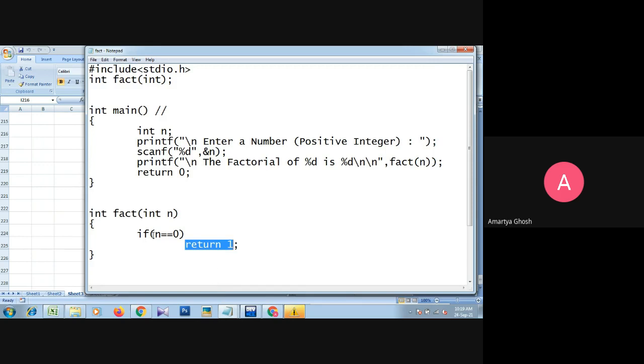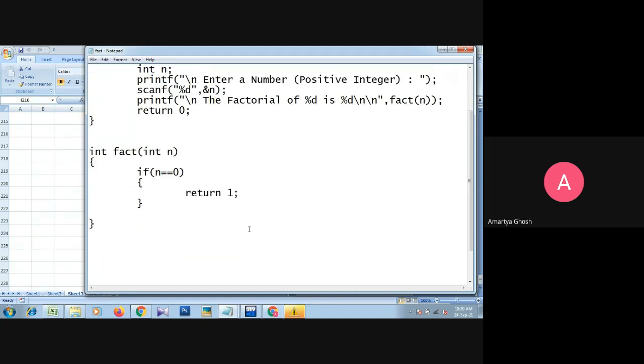Okay, so you can put this line of code within a block also, but for a single line you can apply the block or not, that doesn't matter. Okay, so if the condition is not satisfied, then we have to call the recursive function.